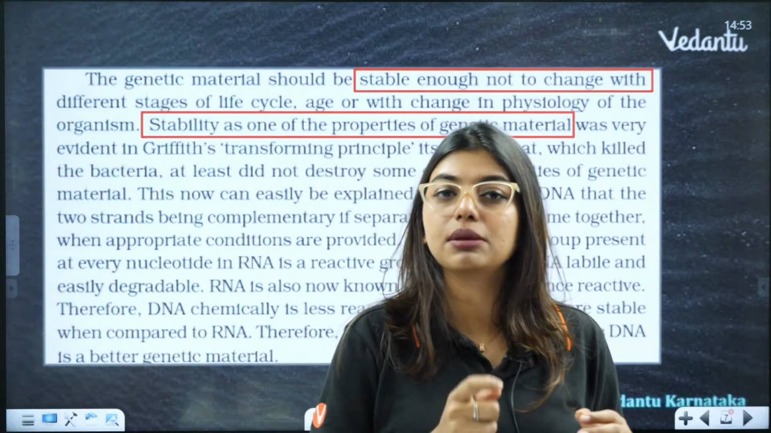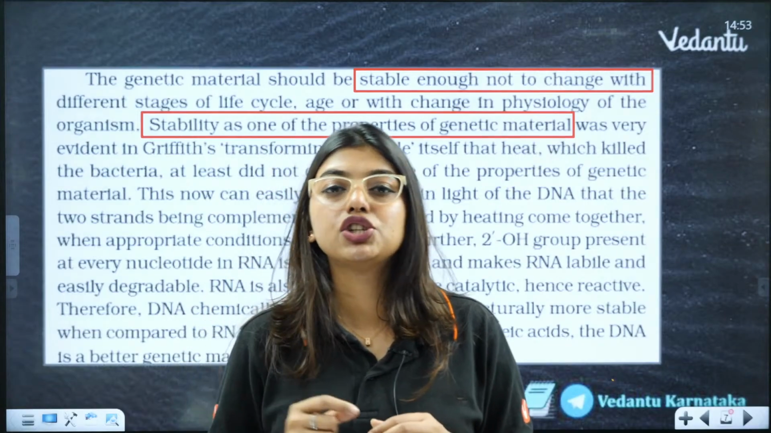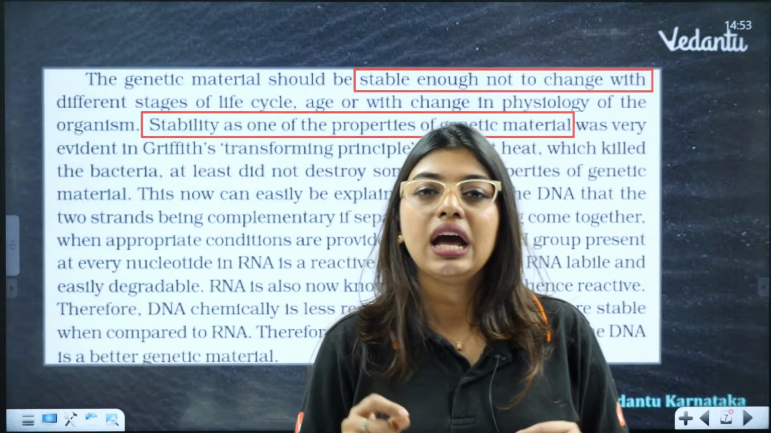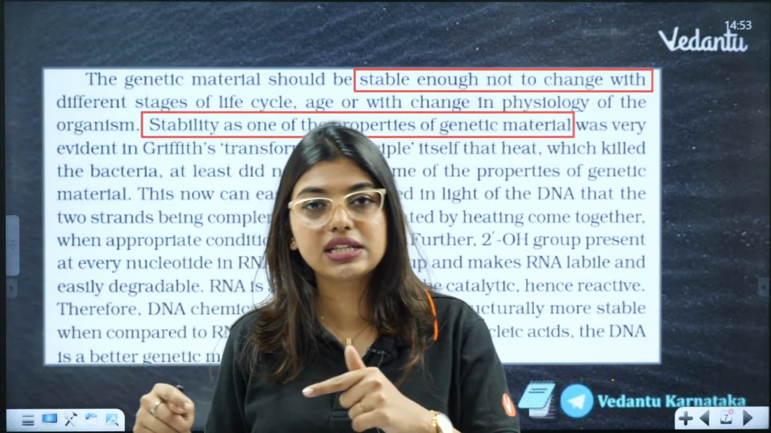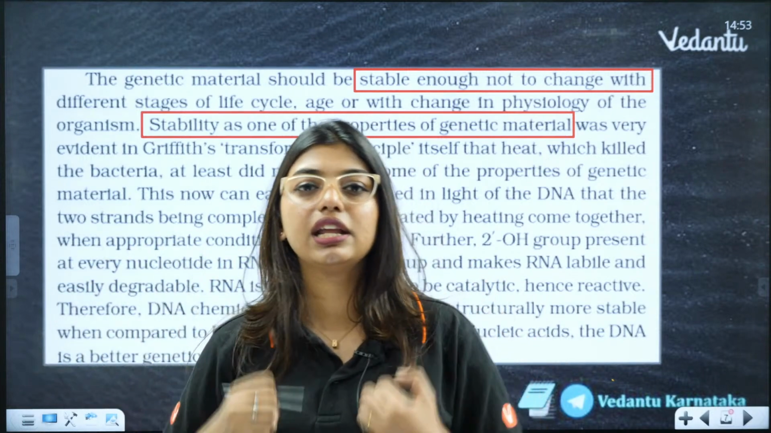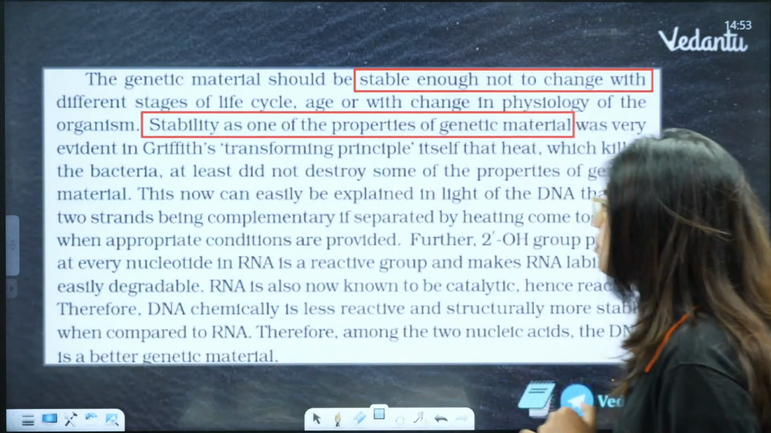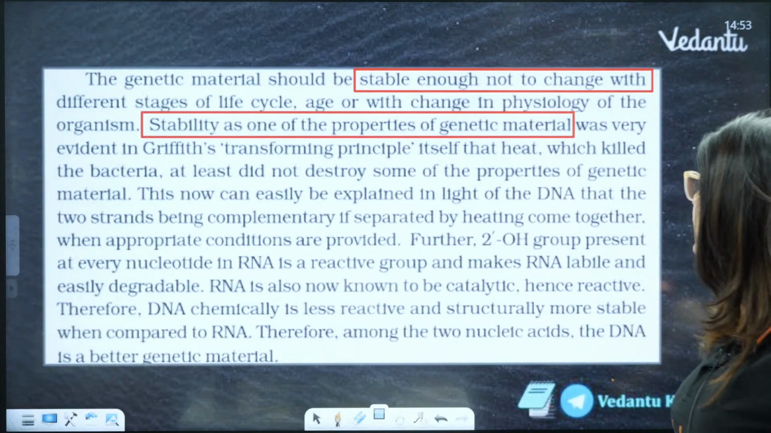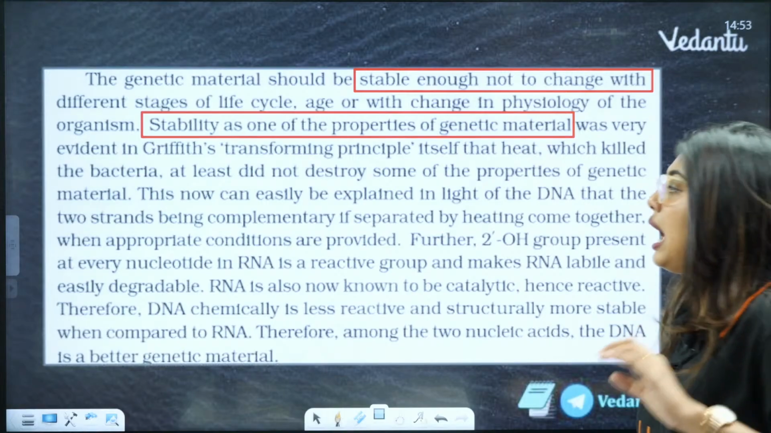In bacteria, at the time of sexual reproduction, we teach you transduction, conjugation and transformation. One step is transformation. If any genetic material is lying around nearby and, due to any reason, the cell has got damaged, it picks up our DNA. That is what happens in transformation. So in Griffith's transforming principle, the heat which killed the bacteria at least did not destroy